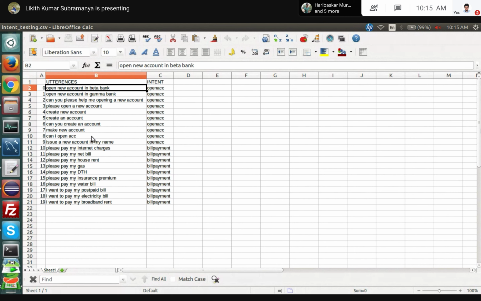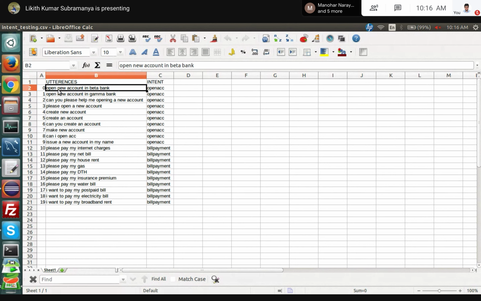If you want to increase your accuracy, or get a good precision for your model, then the testing file plays an important role here. All these utterances are not trained, but we are testing with them.